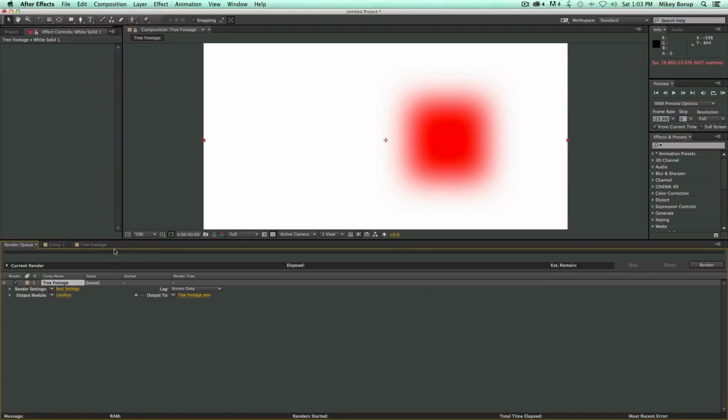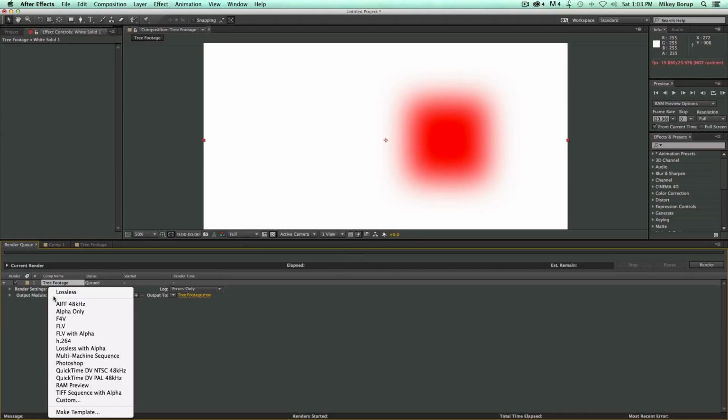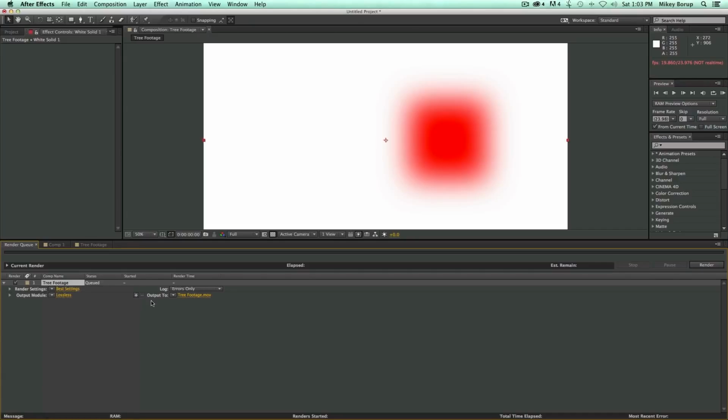Now that I'm in the render queue, you can see here it says tree footage. That was the name of the composition. Even though I disabled the tree footage, it still kept it at that name. And there's some output settings. Now probably the easiest thing to do is to just click on this and find the preset custom output module of your own, or if you want to tweak everything, if you click right there where it says Lossless,